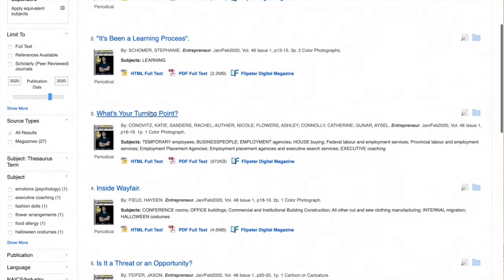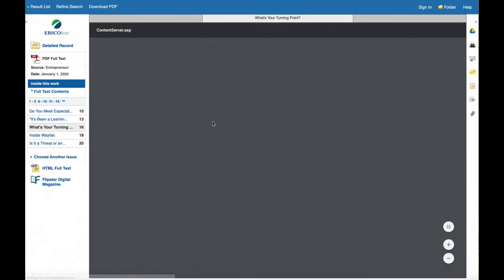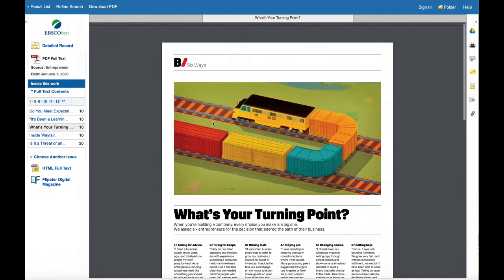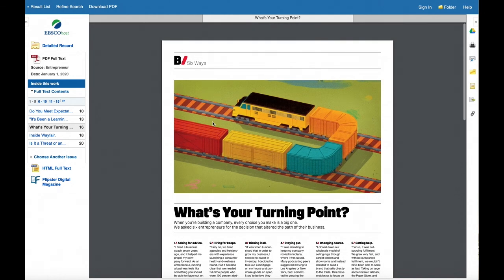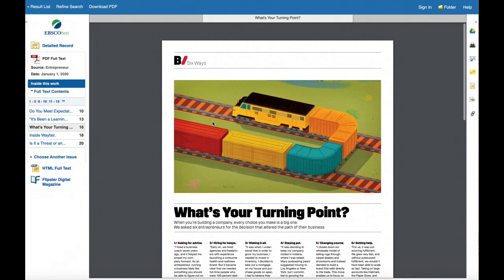So we can jump to a particular article by selecting it from the list here, clicking on PDF full text, and there's the article. And you can see it's as if you pulled it off the shelf and made a color copy of it. And again, just like before, you can either browse the individual contents of this particular issue,